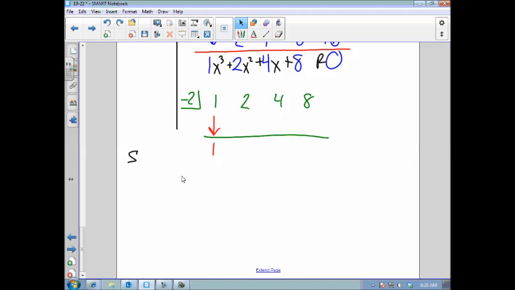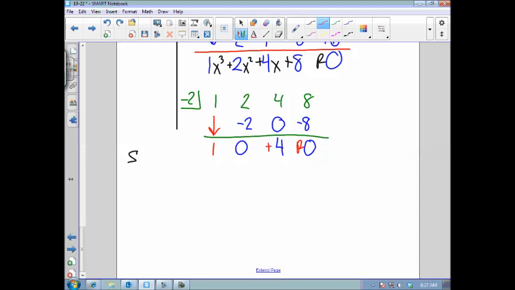Good. Looks like we're getting it. So we do 1 times the box, which is negative 2. Add it up. And 2 minus 2 is 0. Also, 0 times anything is 0. Add it up. 4 times negative 2 is negative 8. So after you get to this point, you should have your remainder 0. 4 is the constant, 0x, and x squared. Okay, which really gives us